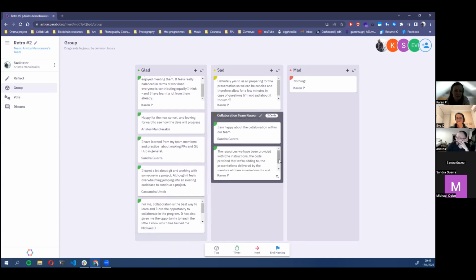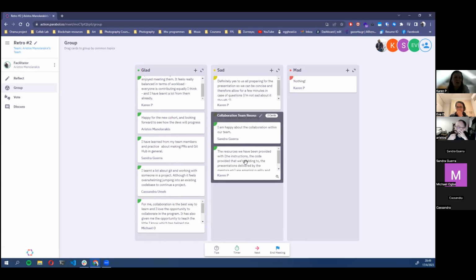Great, that's really nice. I also saw that you wrote this about the resources. Yeah, they're super impressive. Although I was reading Cassandra's point about how it does feel a little bit overwhelming jumping into a code base that is so impressive and almost trying to figure out some of the clever stuff it's doing. So I do agree with Cassandra as well. But yeah, all the resources are amazing actually.